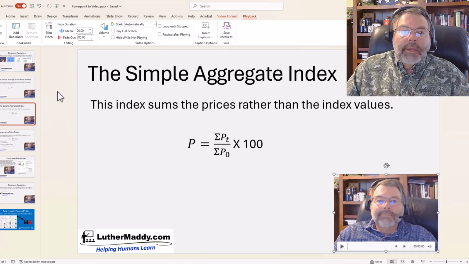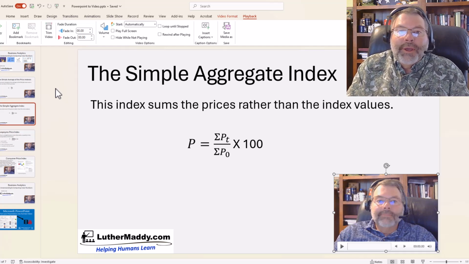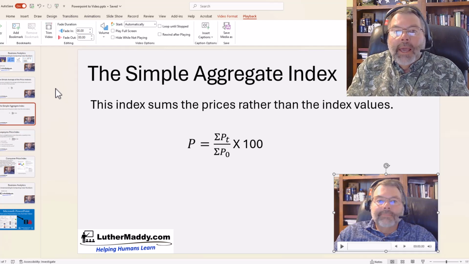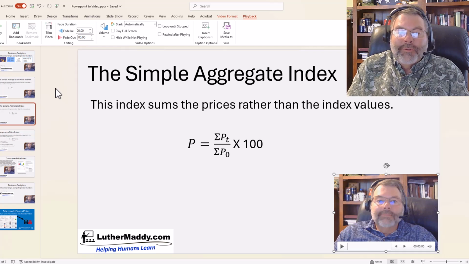And let me explain again why that is so important here. When you rehearse your timings, you have to click on each slide, which is what we're about to do, and leave it running as long as you need it to run, and then you click and it goes to the next slide. And if I'm not paying attention and I forget to put the automatically on for the video,